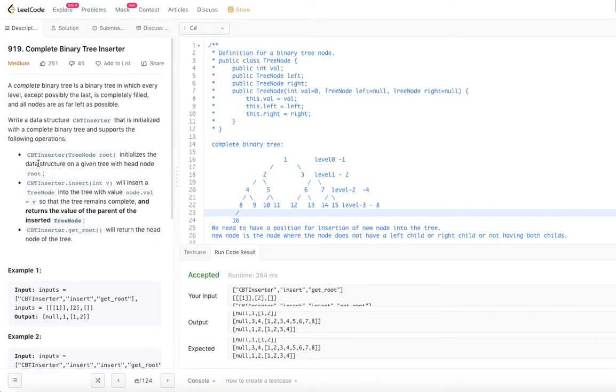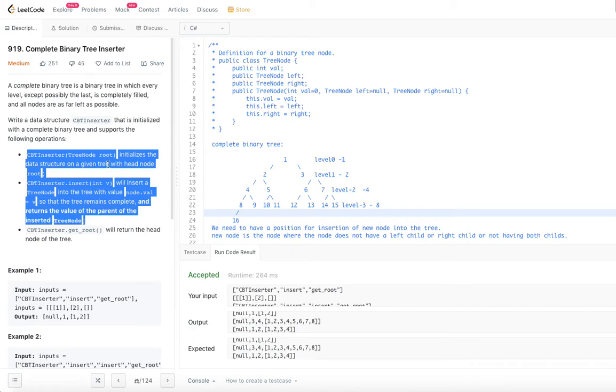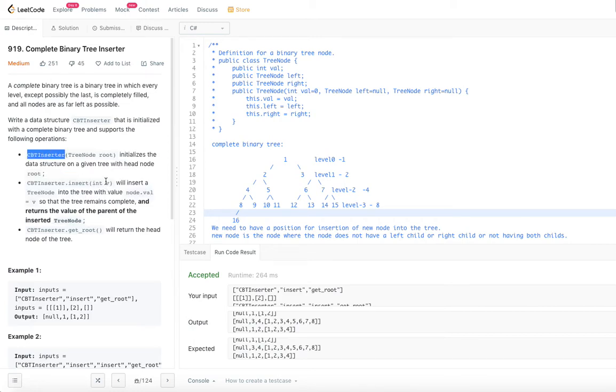The thing is, we need to work out these two methods: when we initialize with the binary tree, what we should do, and when we insert into the binary tree, what we should do in order to preserve its completeness. For preserving completeness, we need to identify which node we can insert, as the left child or right child, whichever that is. That is the task we are going to do.